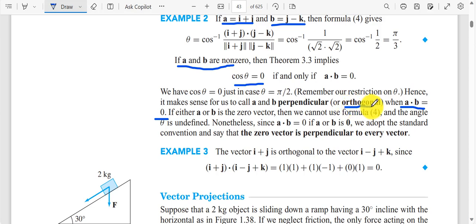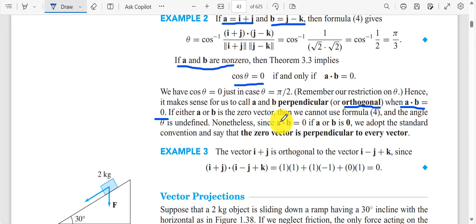So if you're not talking about 2 or 3 dimensions, you usually use the word orthogonal, although sometimes it's convenient just to say perpendicular. But usually we try to use the word orthogonal instead of perpendicular, because perpendicular is sort of for physical things, but orthogonal means 5-dimensional, 10-dimensional, or whatever. Basically it's an extension of the idea of perpendicular beyond 3 dimensions. So then she says, if either A or B is a zero vector, we cannot use formula 4